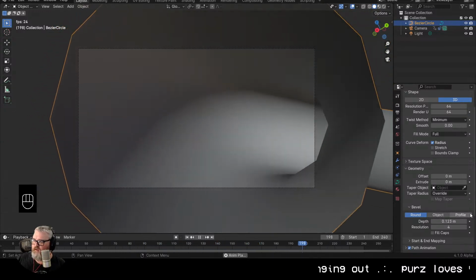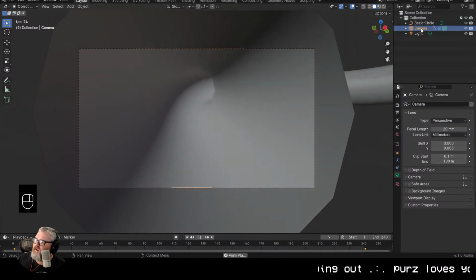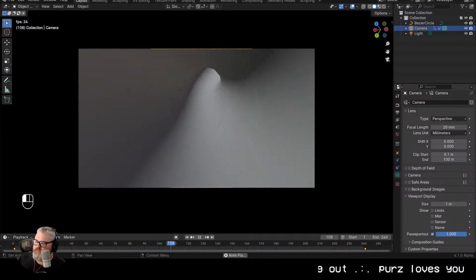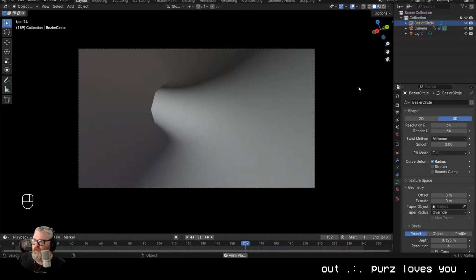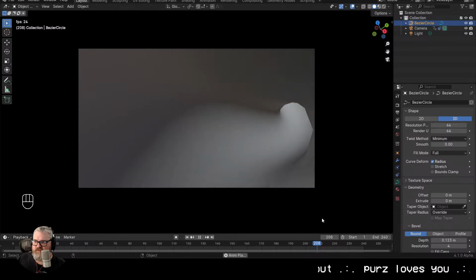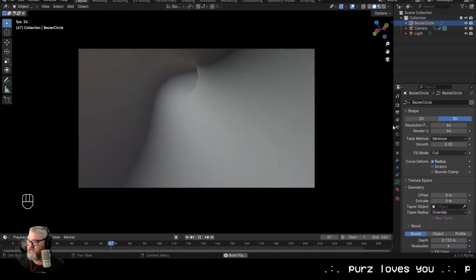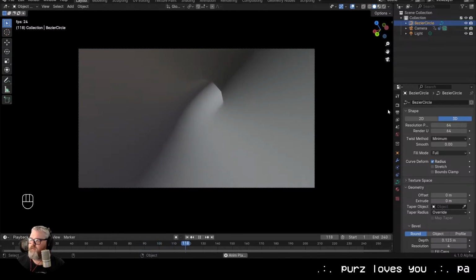This looks pretty good. So another thing you can do is grab this camera here and go down to the camera settings into viewport display and crank up the passepartout, and it will get rid of all the stuff that's not in the view of the camera so you can see exactly what we'd be seeing in the mask. And now that our tube is doing the tube thing,